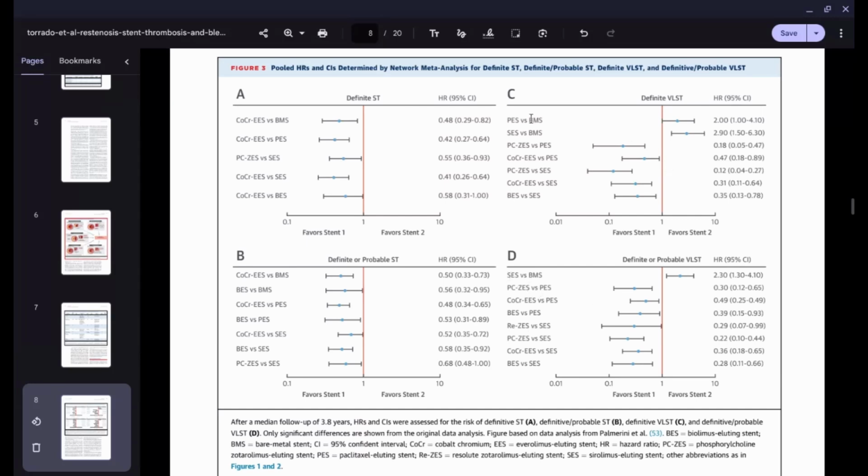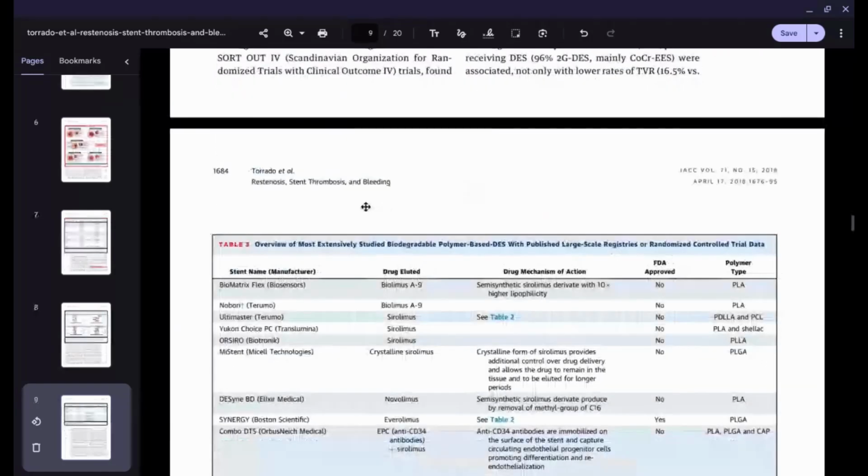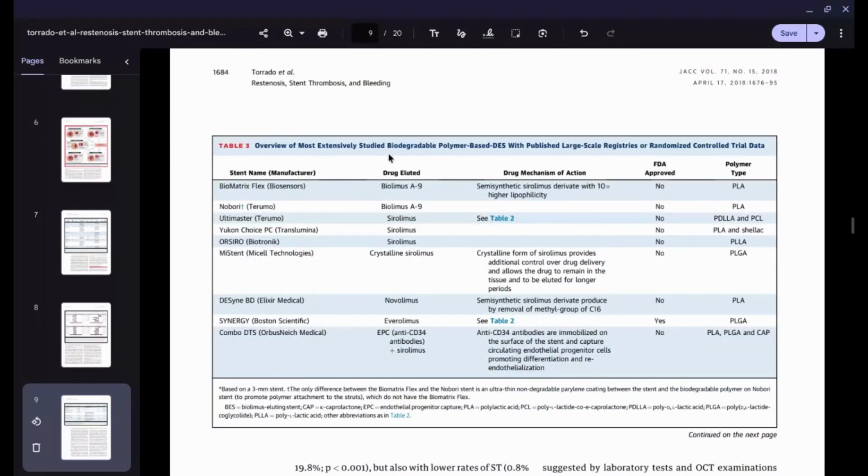At least bare metal, typically it's not there. At least this PES seems to be problematic. BMS performs only better in that scenario. Okay, this and SES, but you have of course stents available, right? So mostly this drug eluting is performing better. And okay, that the table